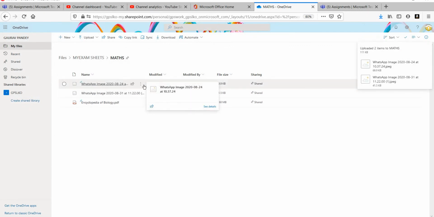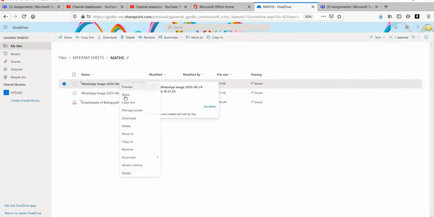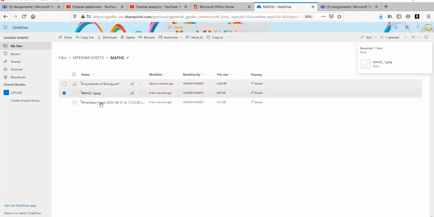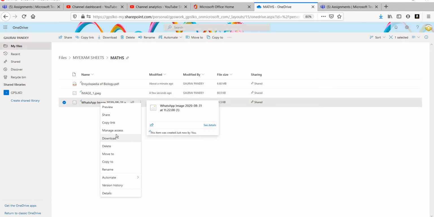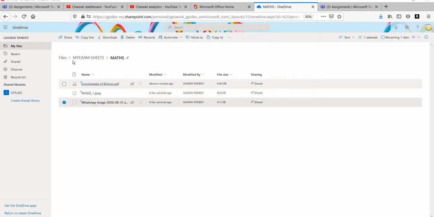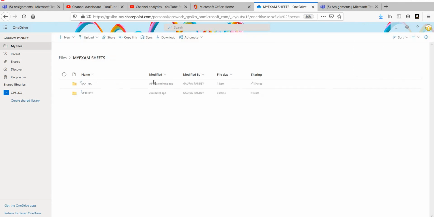Now rename them: rename one file as image 1, so that the teacher can understand this is the first image. Then rename the other as image 2. Now again follow the same process.